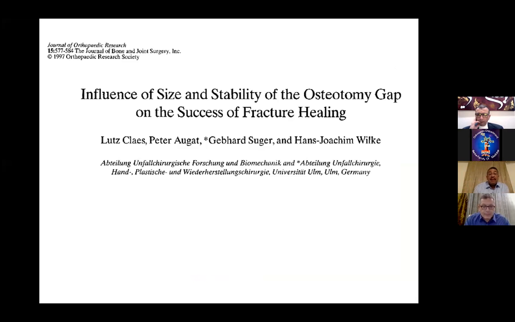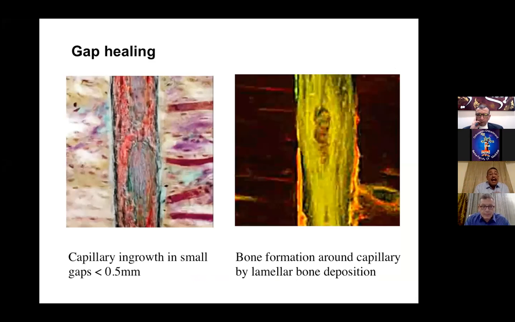This means if I have a very small gap, bone healing will continue and will be successful. If you have a gap less than 0.5 millimeter, capillary ingrowth will take place and the lamellar bone will form